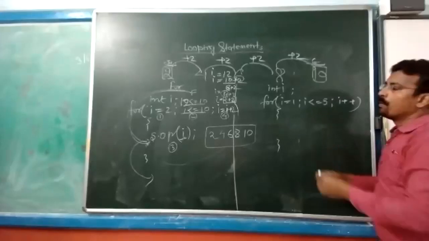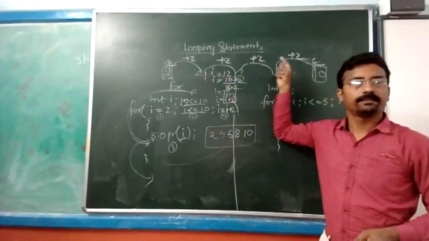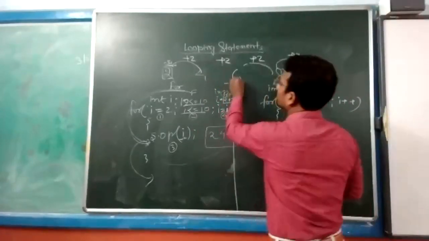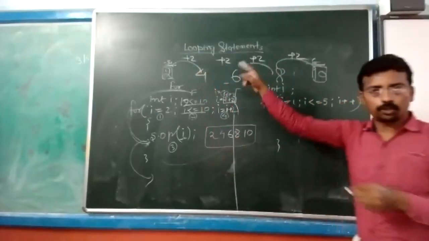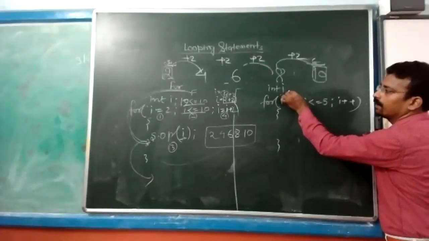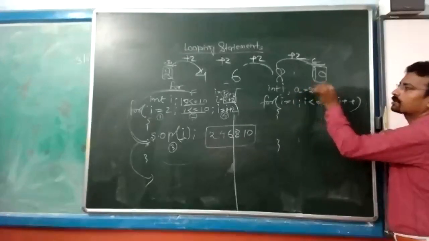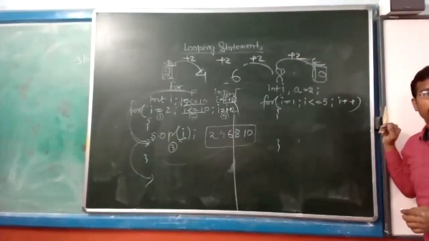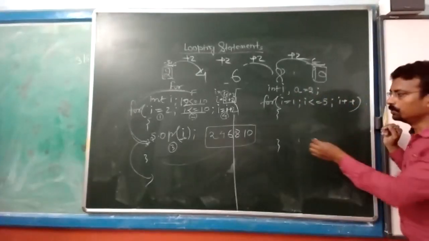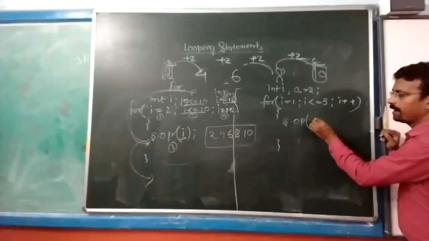Now see, what is the starting value? Starting value is what? For the series. 2. So you do one thing. Here, integer, take a variable a and initialize the initial value as 2. Because the first value is 2. And then what will you do? You print it. System.out.print a.